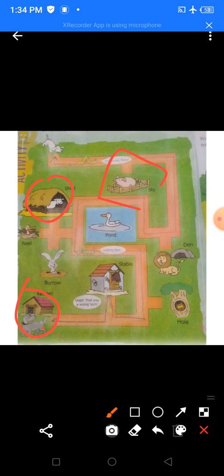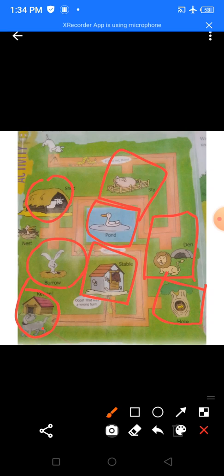A pig lives in a sty. A duck lives in a pond. A horse lives in a stable. A lion lives in a den. An owl lives in a hole in the bark of the tree.